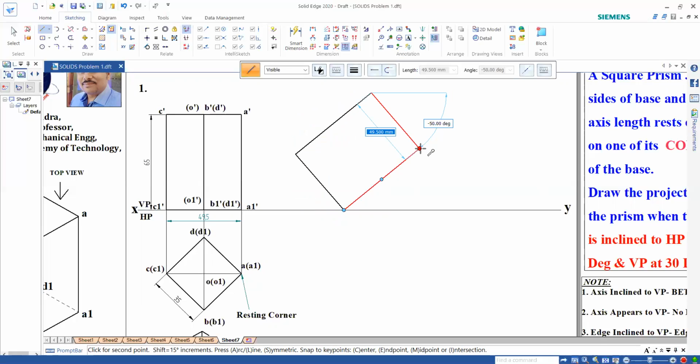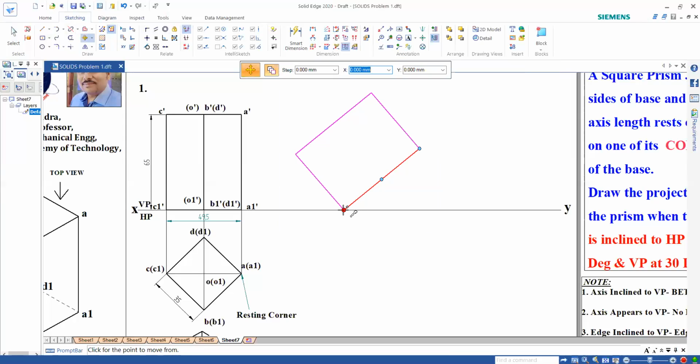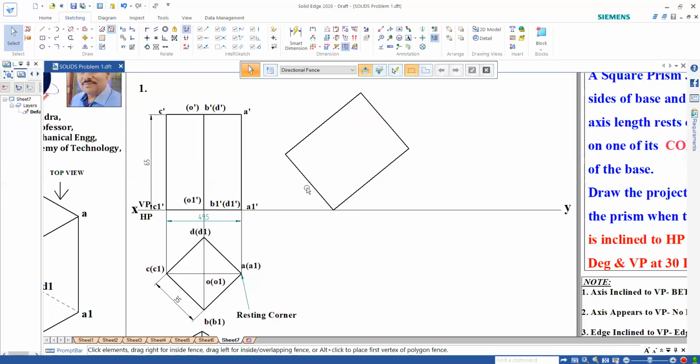Then we can join this. This is how the second position can be done. I can just move this and adjust the space again. So the second position is done, and this length will be equal to this length, 49.5. That is the length of this, right?